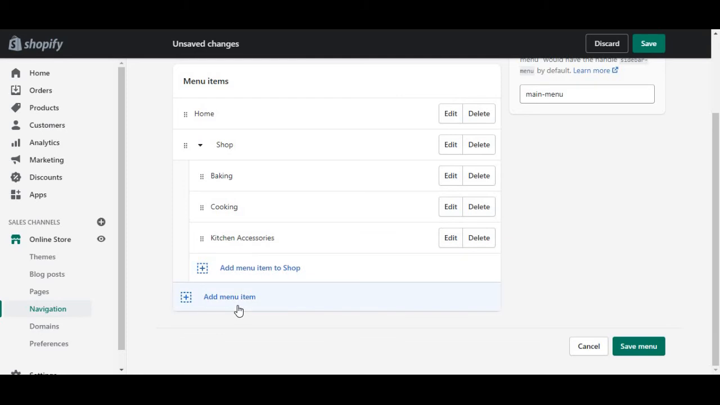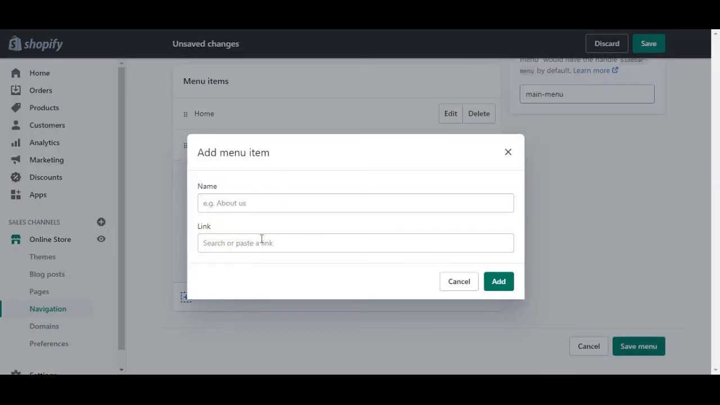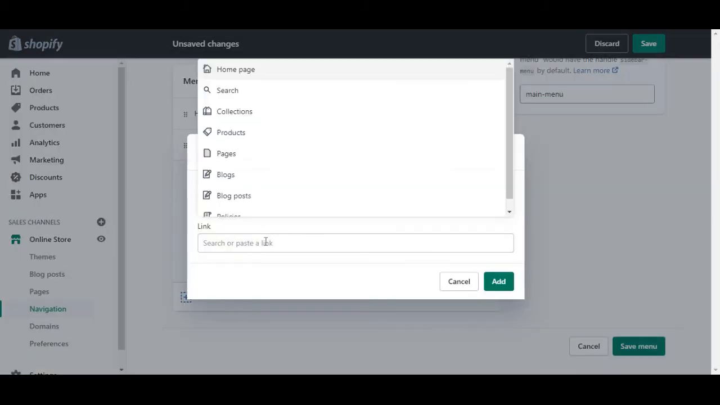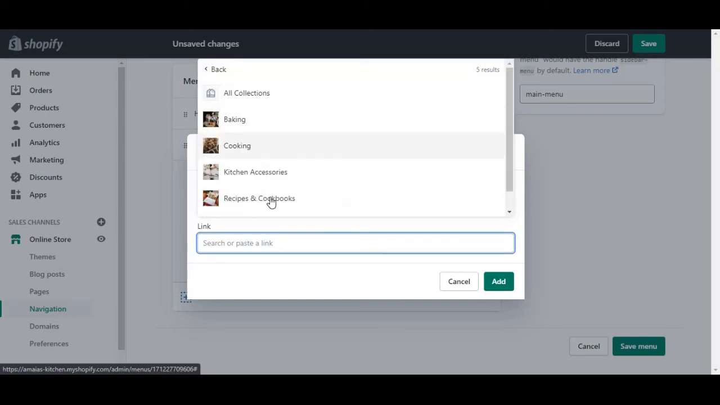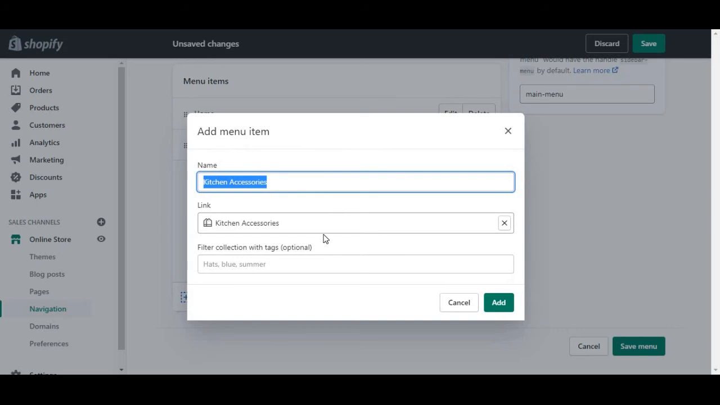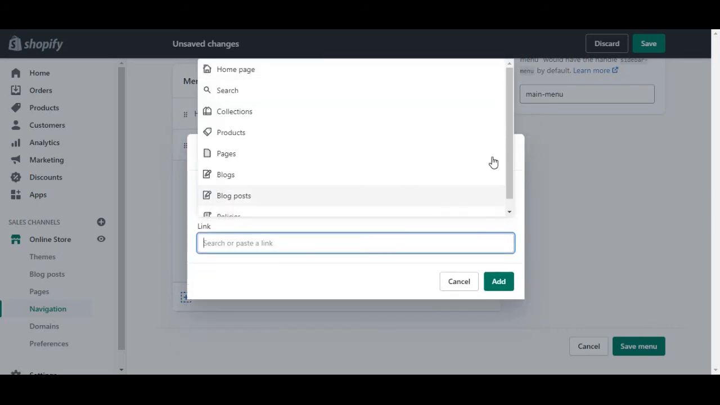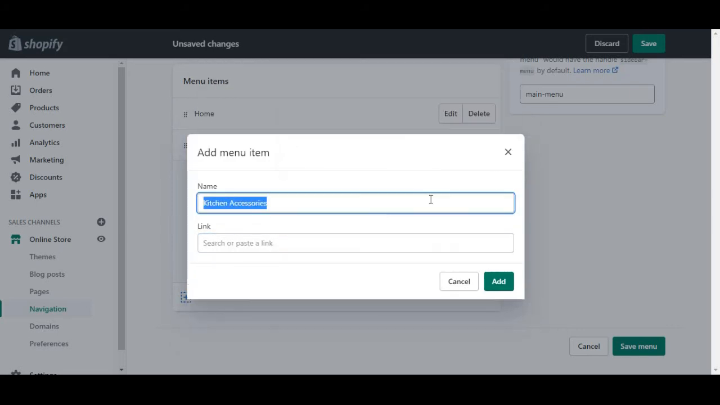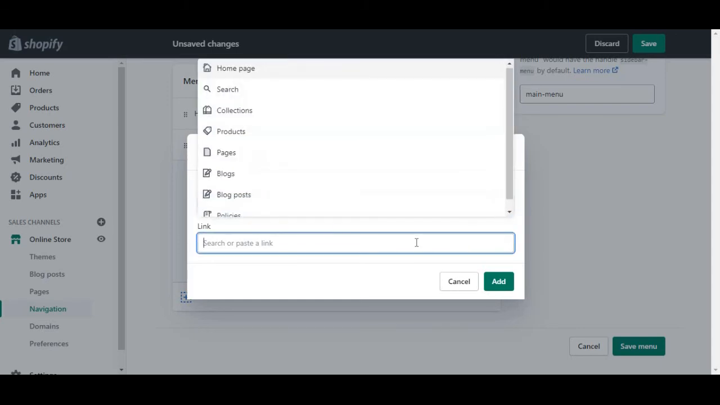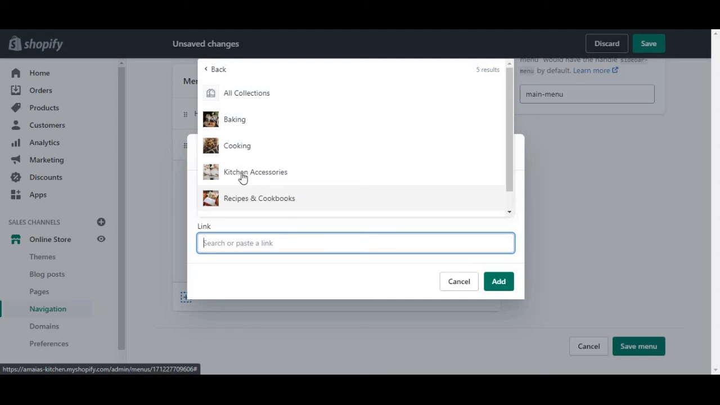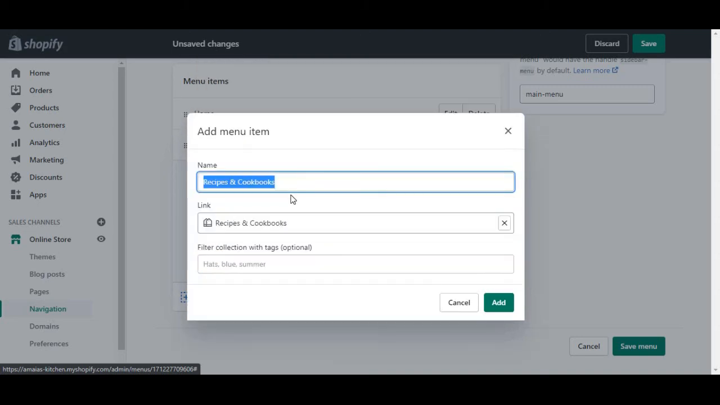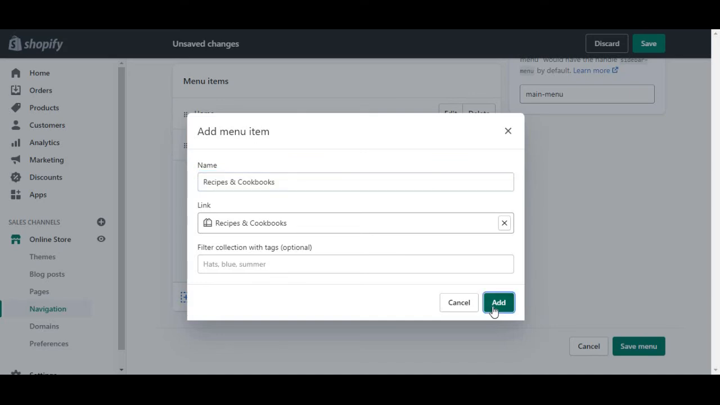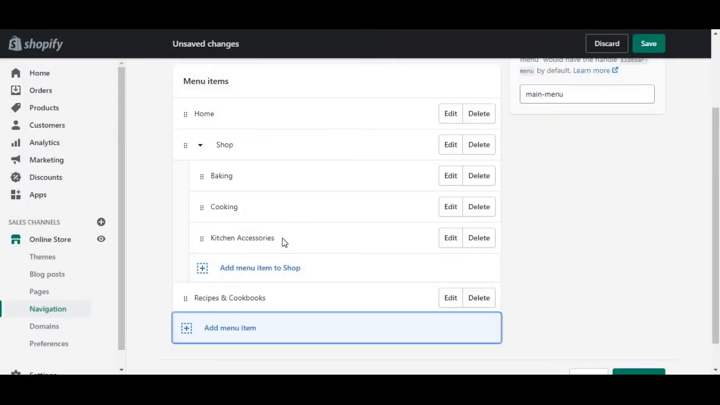Then we are gonna add the other collection to the top of the menu, or recipes and cookbooks. And if you make a mistake, just click the little X in the box. It removes the collection that you added. So our recipes and cookbooks will go at the top level,